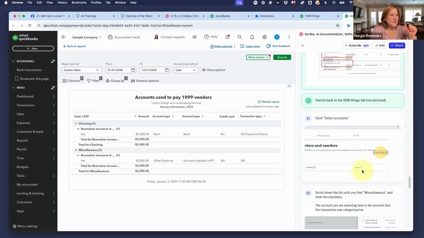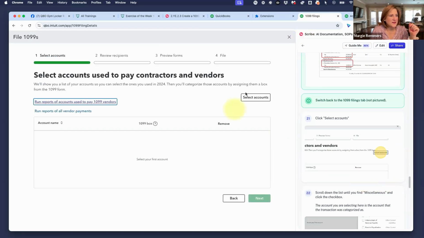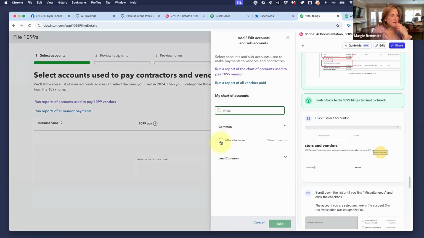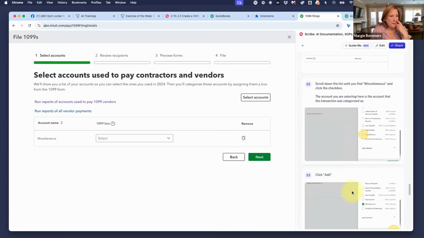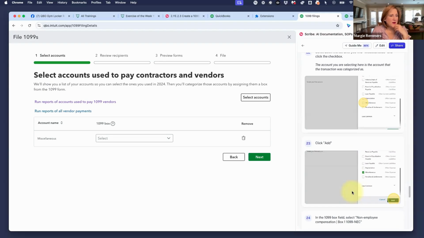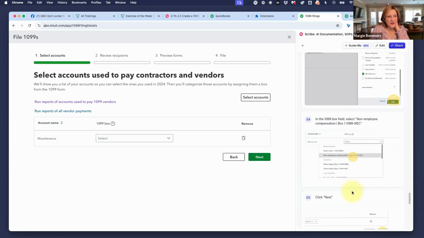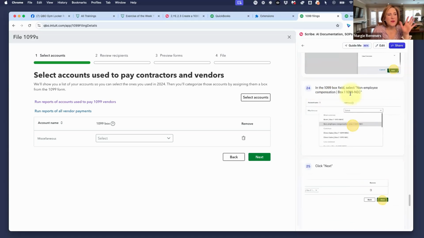Okay. So now we're going to switch back to, now we know though that it was miscellaneous. So we're going to go back to the 1099 filings and we're going to select accounts. And I'm just going to type miscellaneous. There it is. And then I'm going to add it. Okay. All righty. Next thing we have to do is we have to add this. We have to map this to an